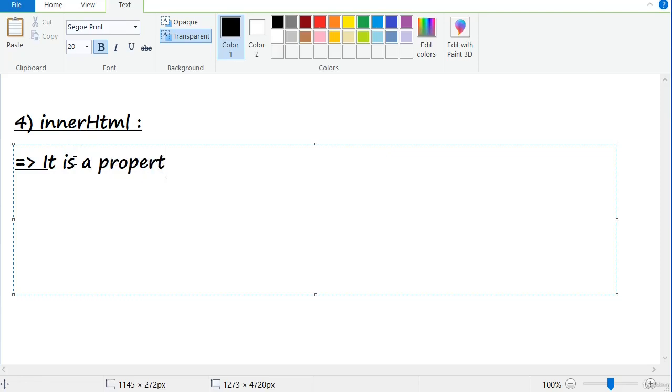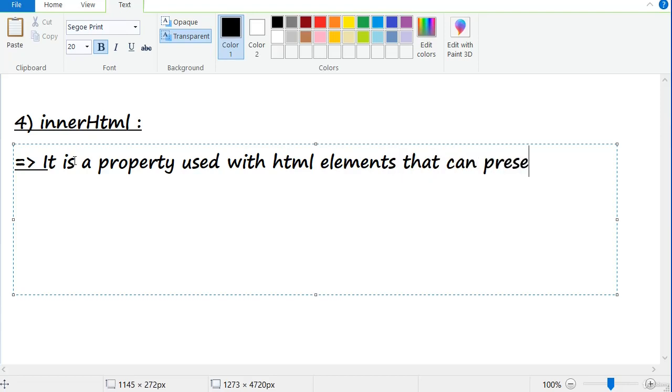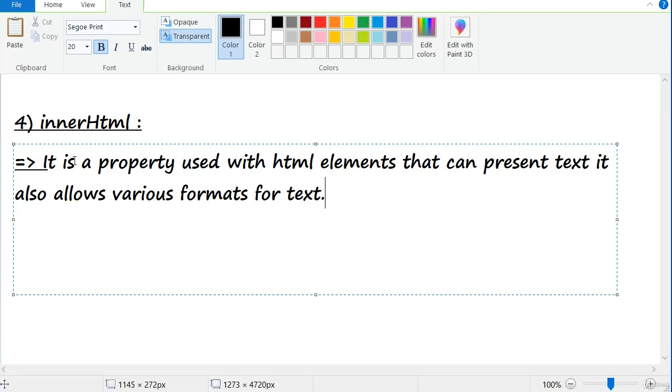It is a property used with HTML elements that can present text, and it also allows various formats for text by using markup or formatting functions.